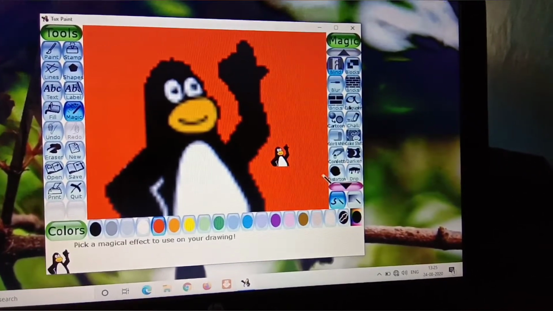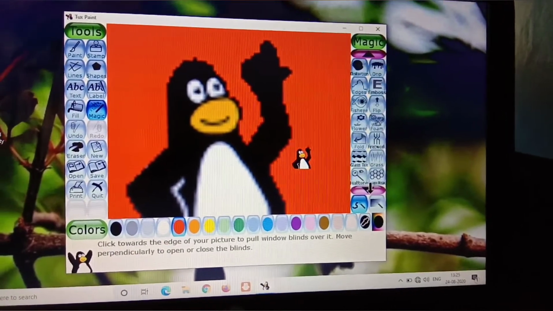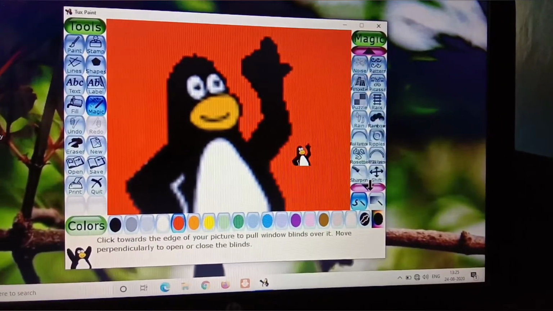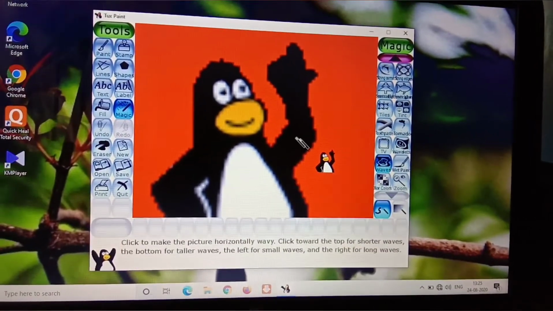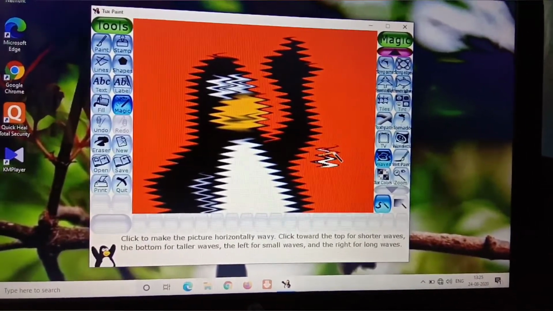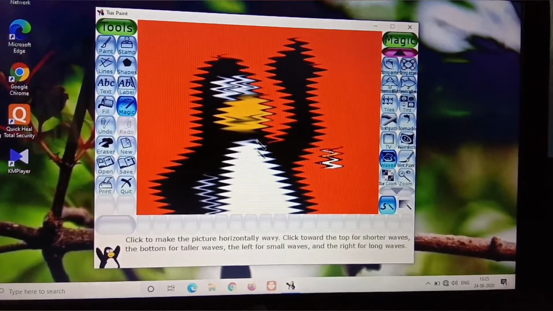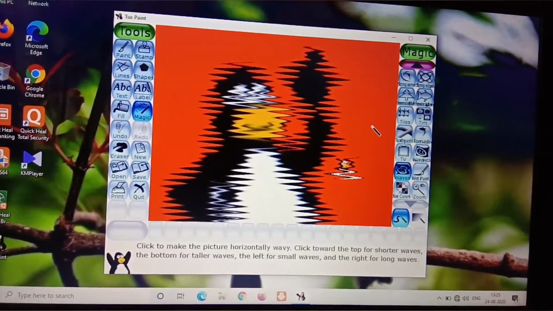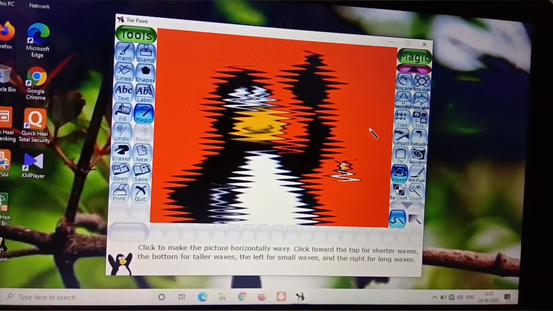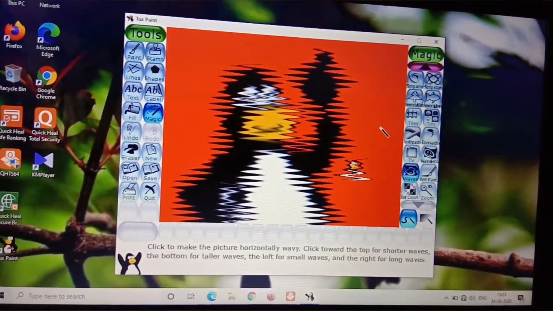Again click on the magic waves. Then after clicking, you can see it affected the right side and also the left side. If you click again, it will make more waves. So I hope all of you understand how to use the magical effects.